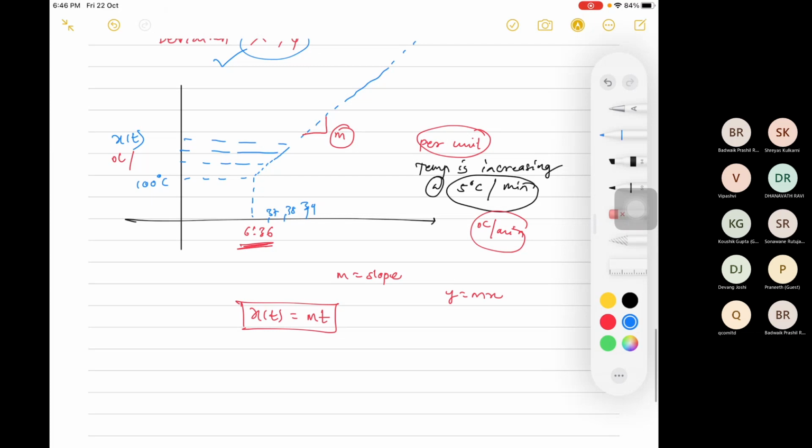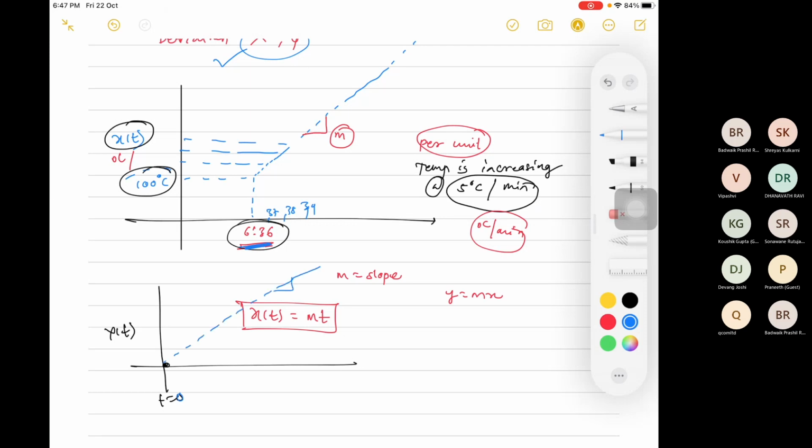Okay, similarly agar if I am removing the values which are there before disturbing the system, this and this, so I can convert this small x of t into capital X of t. So I'll be having this kind of curve there. So initially it was at 0 at time t is equal to 0. Why at time t is equal to 0 here? Because I'm subtracting steady state time also. So it will start from 0 now, and it will continue to rise with slope same value. The starting point is 0. Starting point in both cases 0. That means